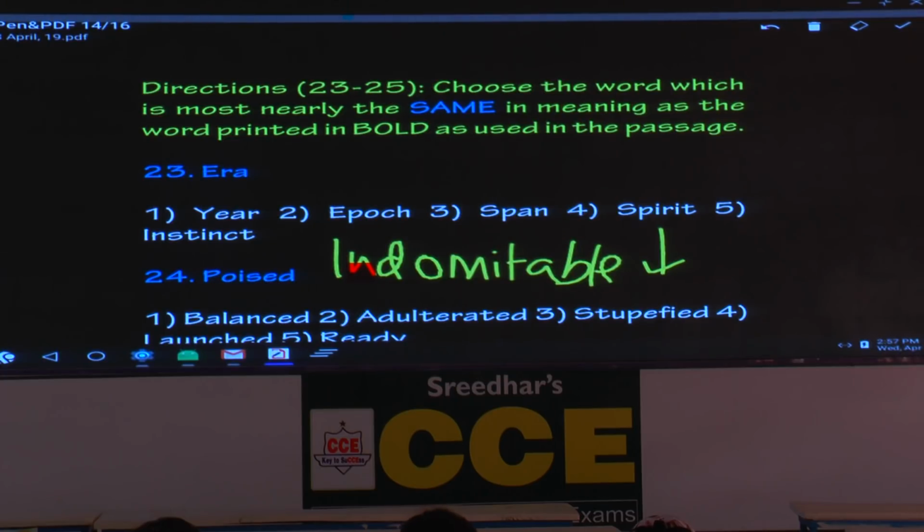While preparing for competitive exams, you should have indomitable spirit. Essential. Because you see highs and lows, ups and downs. You should be resilient, very important. Resilient means what? Withstand all problems and come out successfully. Now what is the answer? Instinct. What is the last word? Instinct. Instinct means what? Generally we say a feeling which is natural or behavior which is natural, not based on thinking. Right? Inbuilt behavior.